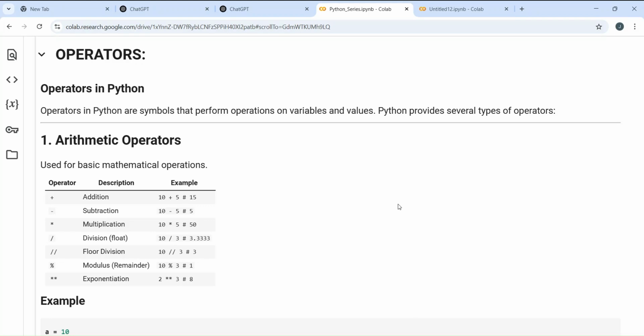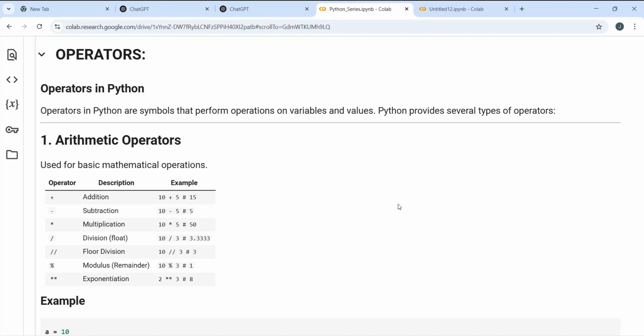We have learned till data types in the Python playlist, and now today we are here with operators, and I will teach you what operations can be performed and what the different operators in Python are. Operators are basically symbols. Like in mathematics, we have learned about plus, minus, multiplication, and division. If there's an addition, it will add two numbers and provide you the sum. Similarly, in Python also we have a few operators.